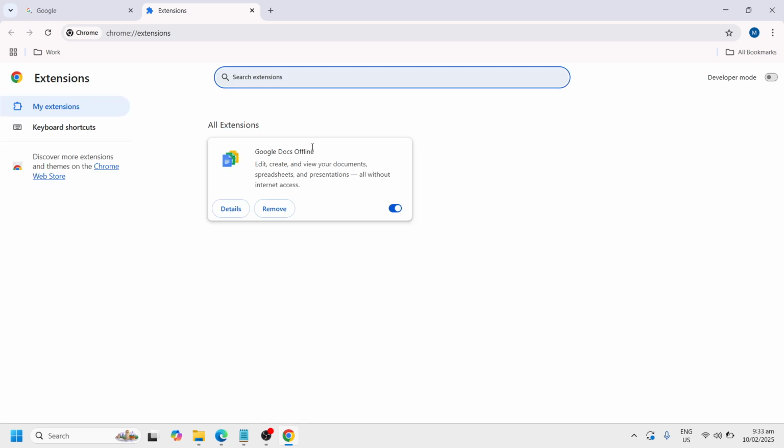Once you are redirected to the extensions, here you need to identify those unwanted sources or extensions that are present in your Google Chrome. In my case, I have only one Google extension. So in your case, if you have a lot, just identify those applications that you no longer need, because that will completely make your Google Chrome slower. Okay? So after that, just simply close this